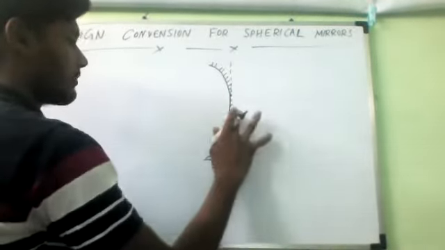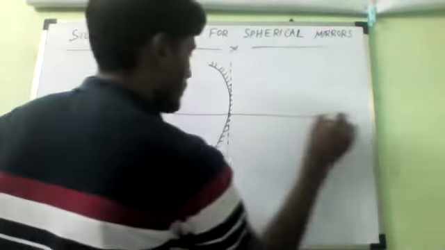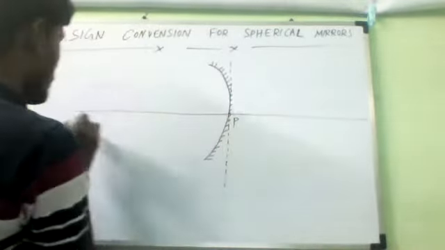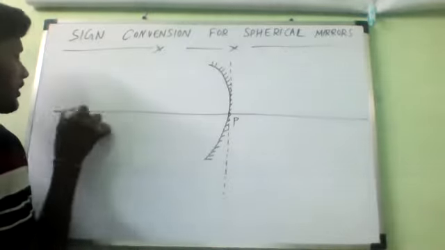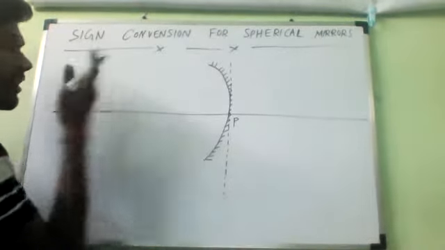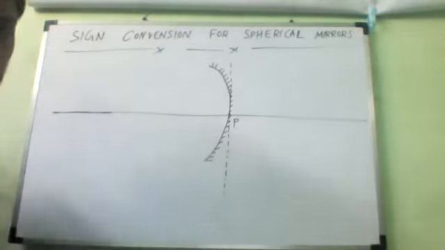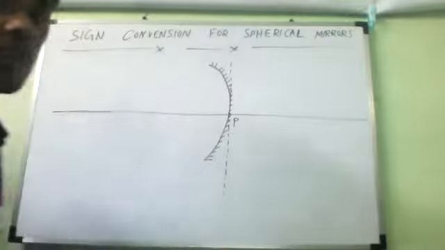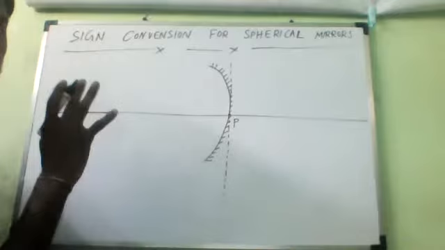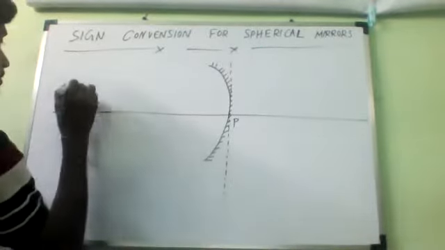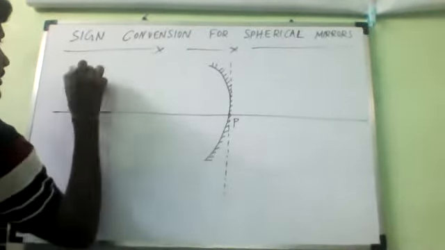like coordinates in mathematics. As we know, on the P, the principal axis, that is the point P, this is called the principal axis. Now observe, in all kinds of mirrors, whether it is a concave mirror or convex mirror, it doesn't matter, the sign convention is the same. When we are moving, the object is always placed on the left side of the mirror. So here only you should place the object, whatever the mirror.